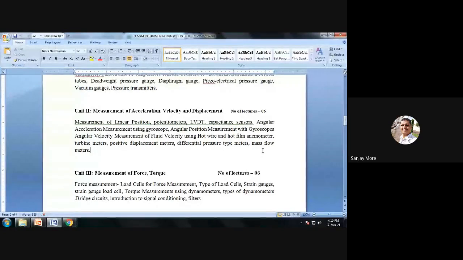In that, write down the points. Measurement of linear position, comma, potentiometers, comma, LVDT means linear variable differential transformer, comma, capacitance sensors,